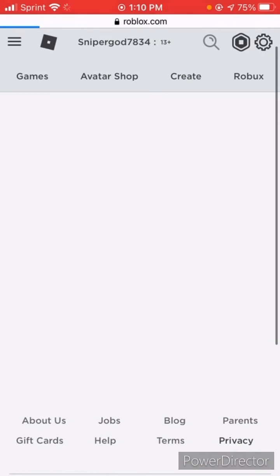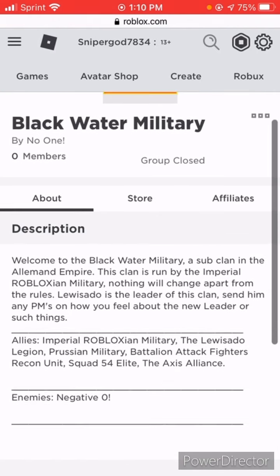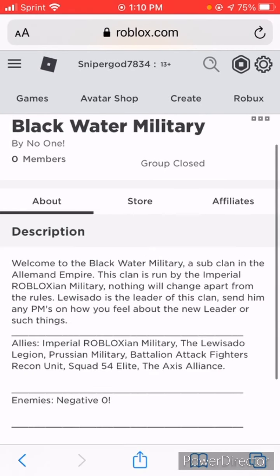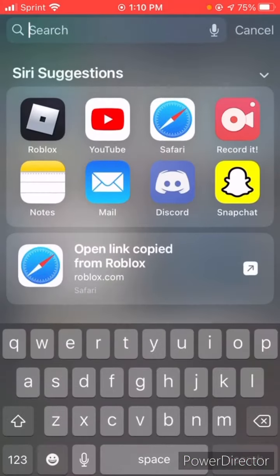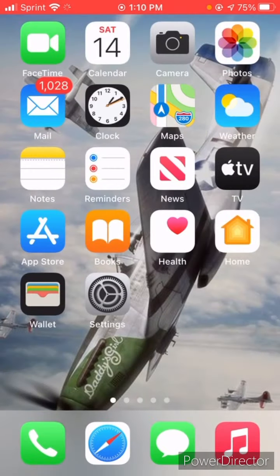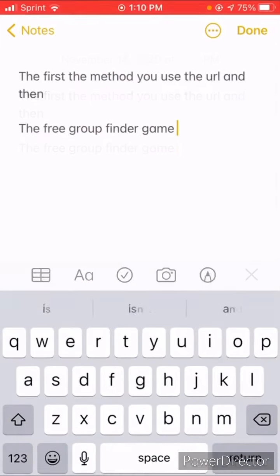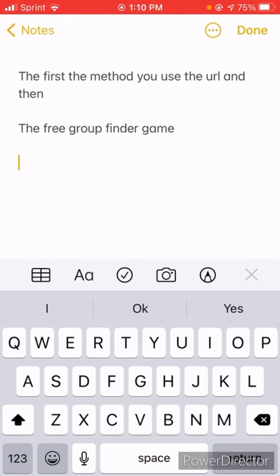Is there any other methods? There's also another one, you can just look up on YouTube if you want a free Roblox group. I mean, sometimes people give away free Roblox groups. And yeah, I think that's really it. And so you can either just